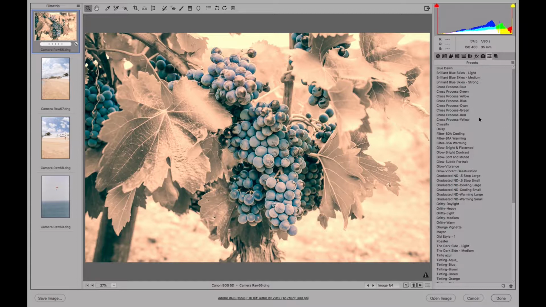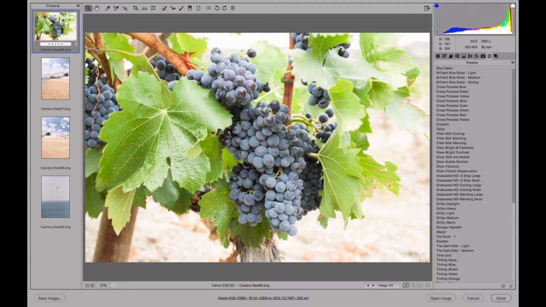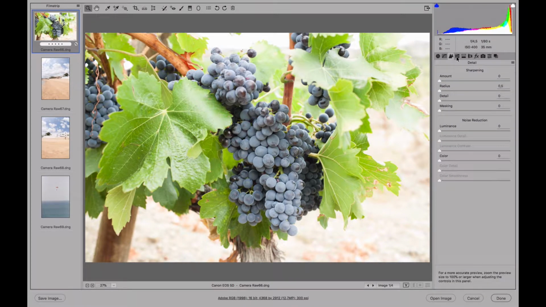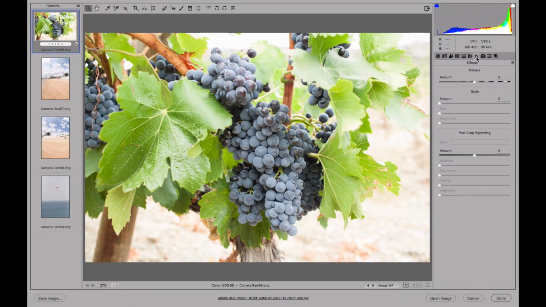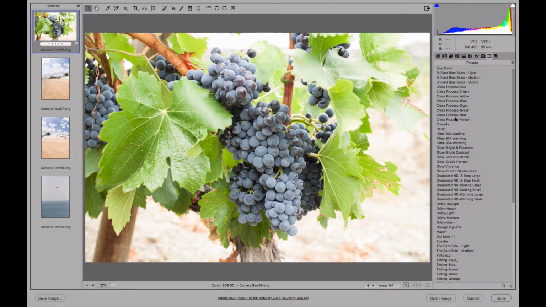Let's see first how to create our own. To put the photo back to the way it was originally, we know we have to go here and hit Camera Raw Defaults, and go back to our original photo. By the way, if we want to have these default adjustments, in which we don't have anything changed in the photo, we can go to the presets panel and make it so that we have a preset called set to 0 or